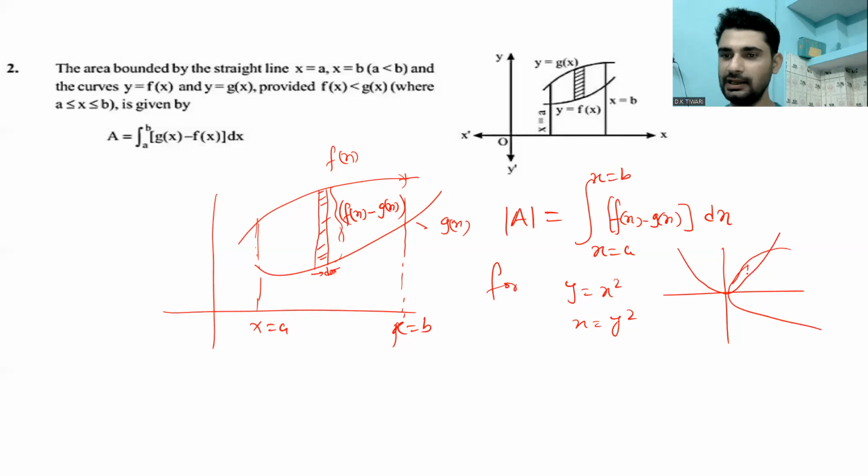So how do you find this area? This can be done: this function minus this function, integration dx. This point, say (1, 1). If we solve this (1, 1), and then integrate from 0 to 1, f of x minus g of x